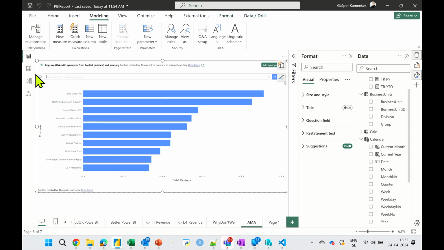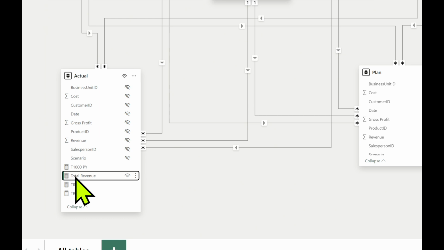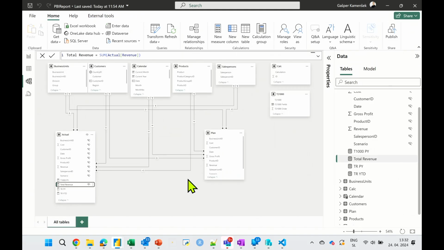Now, the data model is kind of ancient wording for what is now called a semantic model. Now, the semantic model kind of stands for this. Let me show you. I have a calculation here, and it's called total revenue. So I got a measure here, it's called total revenue.